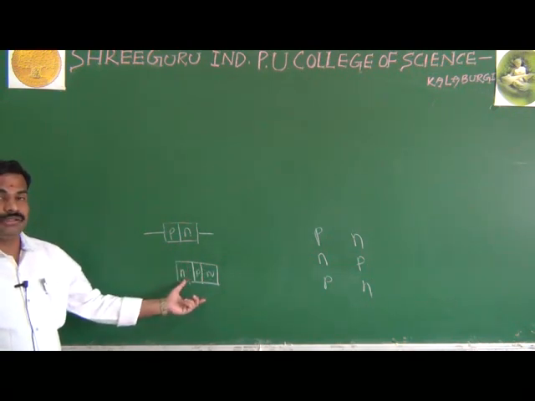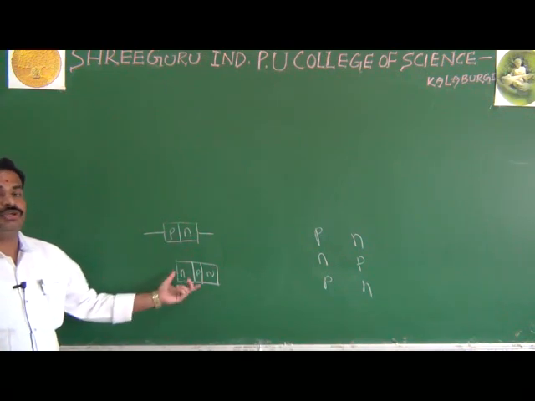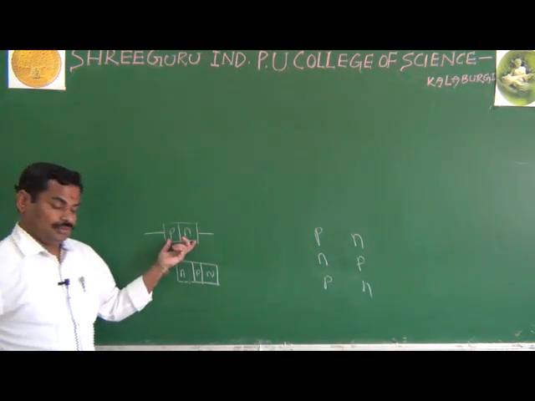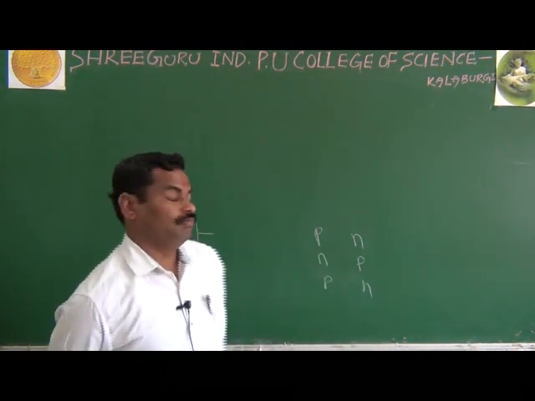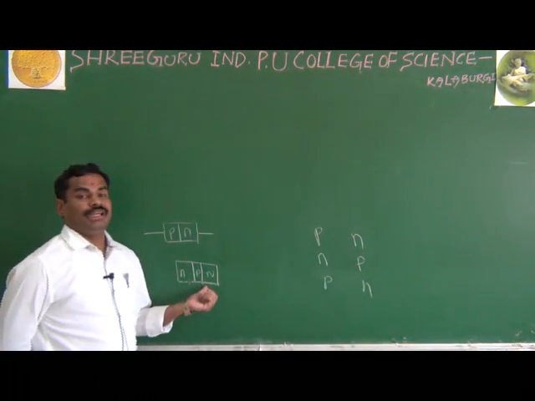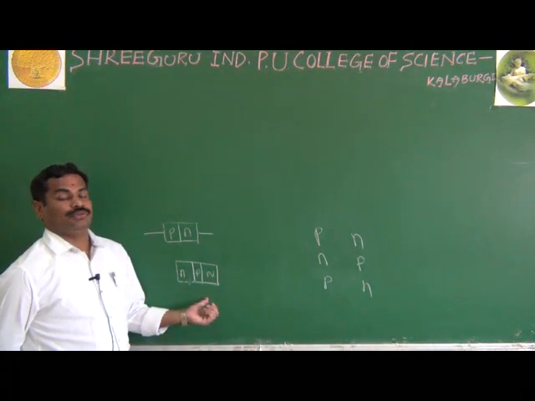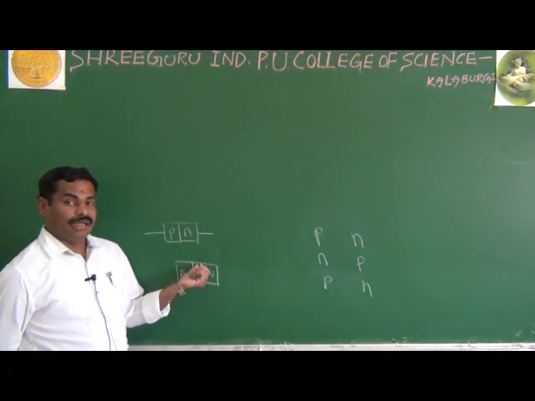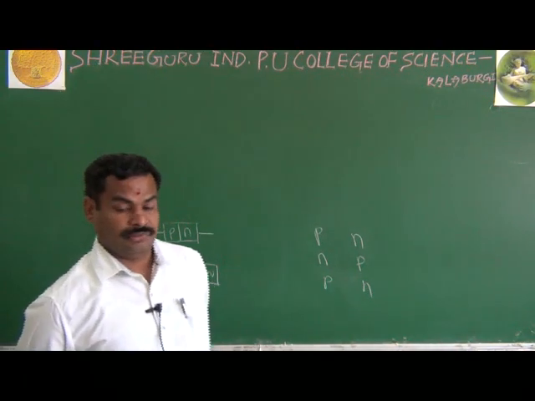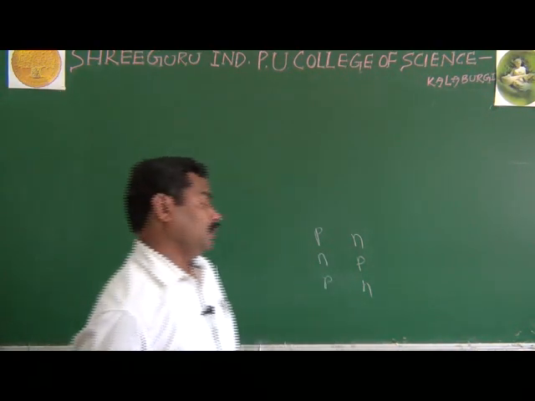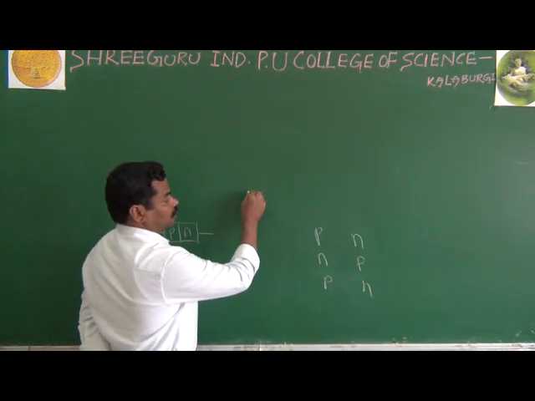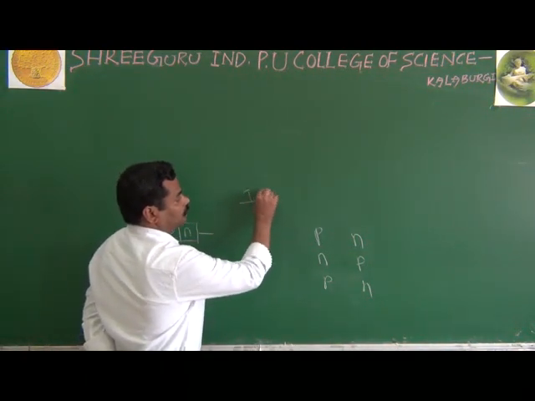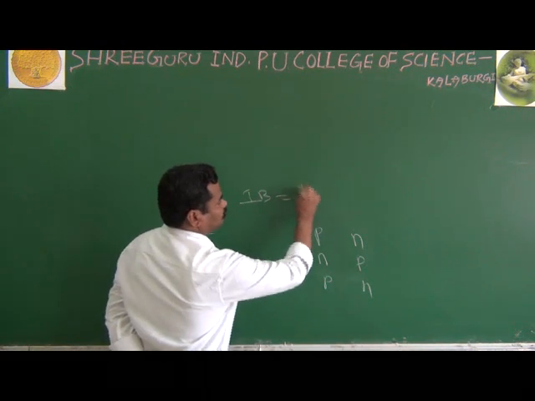What is the use of that one layer? That's the most important thing. In diodes it is not possible to control the output, but because of this another layer added to the transistor, we can control the current. As we know, in transistors we can control the current, that is the input current IB and the output current IC.